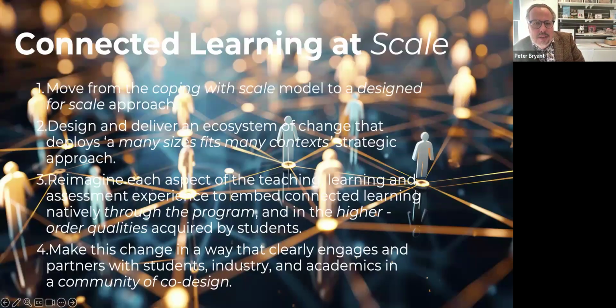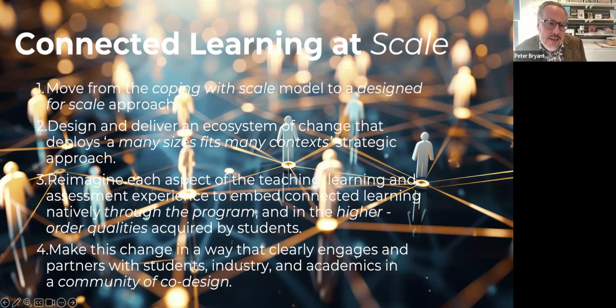So at Sydney, since 2018, we've been running a project called Connected Learning at Scale. And the idea of connected learning at scale was, as we grew as an institution, our business school grew rapidly from 2014. We had about 7,500 students to our absolute peak in 2022, where we had 17,500. And our units and the things we taught and the ways in which we taught didn't really change as our numbers effectively doubled. We just kind of magnified and multiplied them.